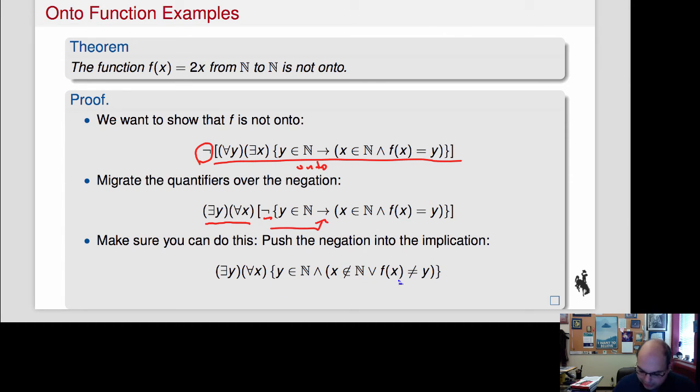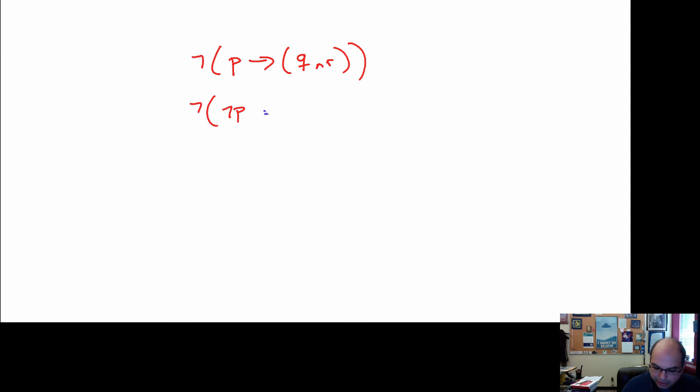So we're going to push the negation into the implication, and this is kind of what it looks like, okay? I want to make sure that you're absolutely solid on how to do that, all right? Now, I'm going to show you just briefly how I might do that. So we have, it is not true that P implies Q and R, okay? And so this is the same as saying it is not (not P or (Q and R)), right? Because that is implication. And then I'll distribute the not, so I have P and not (Q and R), and that follows from De Morgan's,